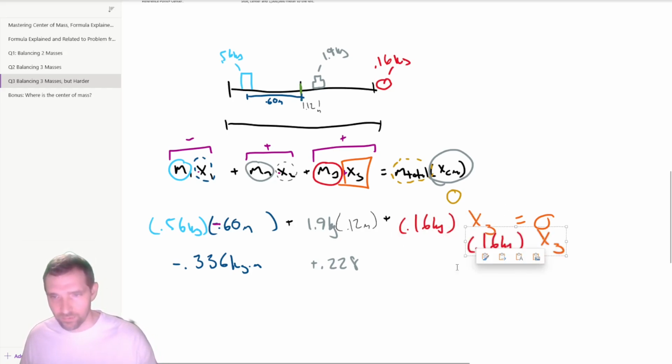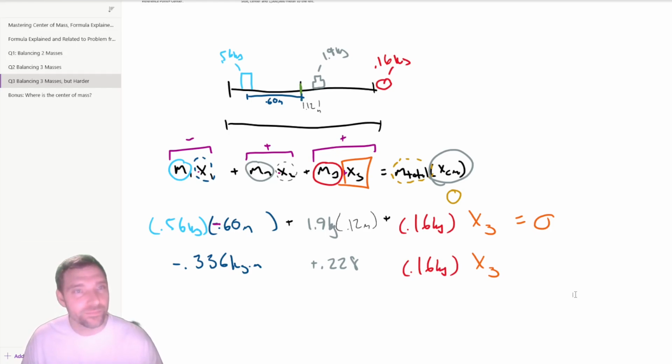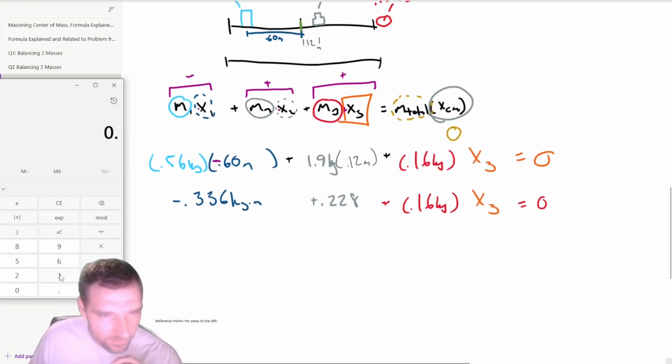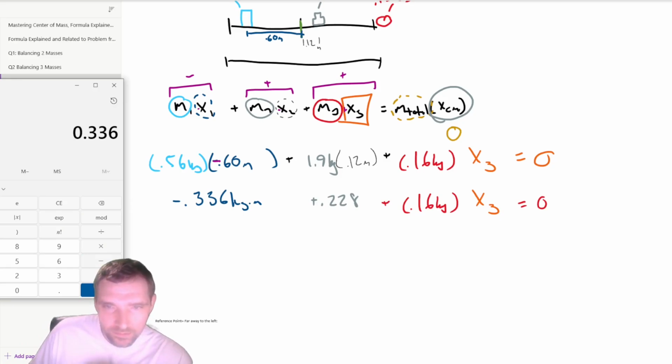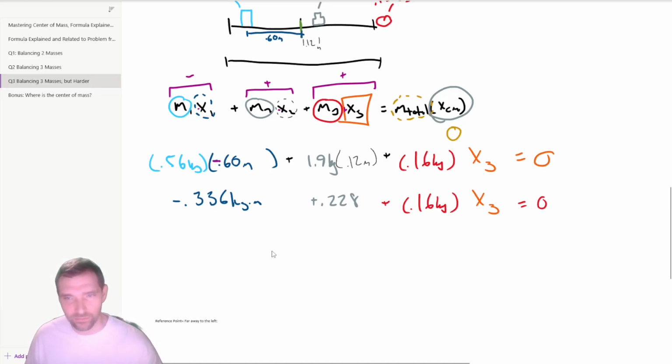In other words, this expression would not be able to equal 0 unless x3 is a positive value. So we just combine. That's a negative number plus the 0.228. So that's a negative 1.08, but we can bring that over to the other side of the equation. So we've got negative